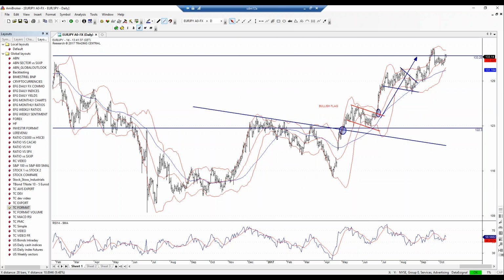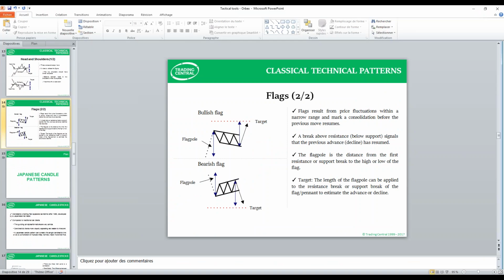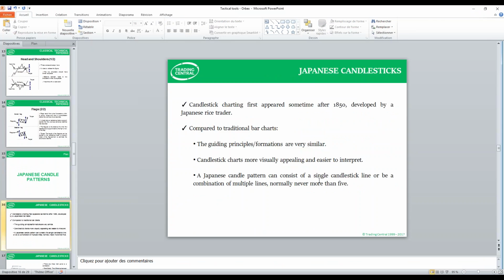Okay, so this was the example for the flag pattern. Let's now switch to the Japanese candlestick pattern. So there is a lot of things to say on the Japanese candlestick pattern. This is a very wide theory. You have a lot of different Japanese candlestick patterns. The basic principle is that candlestick charts